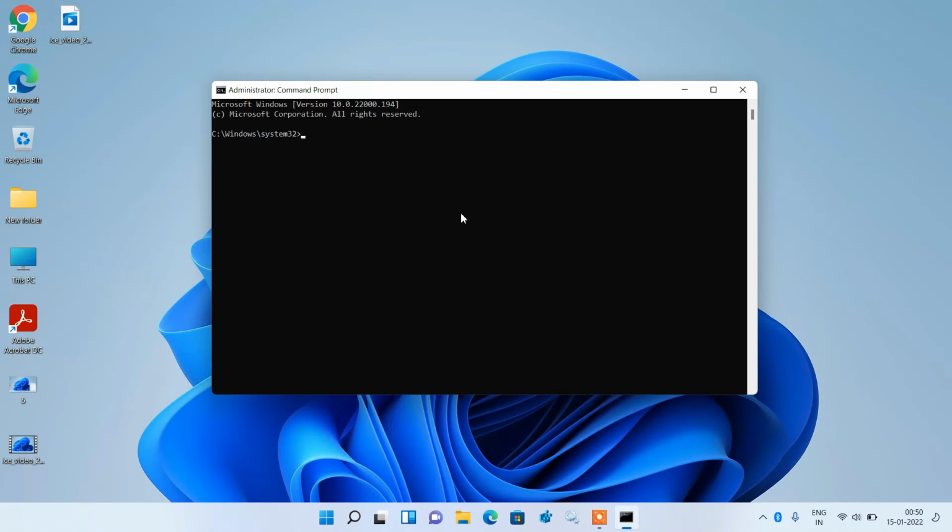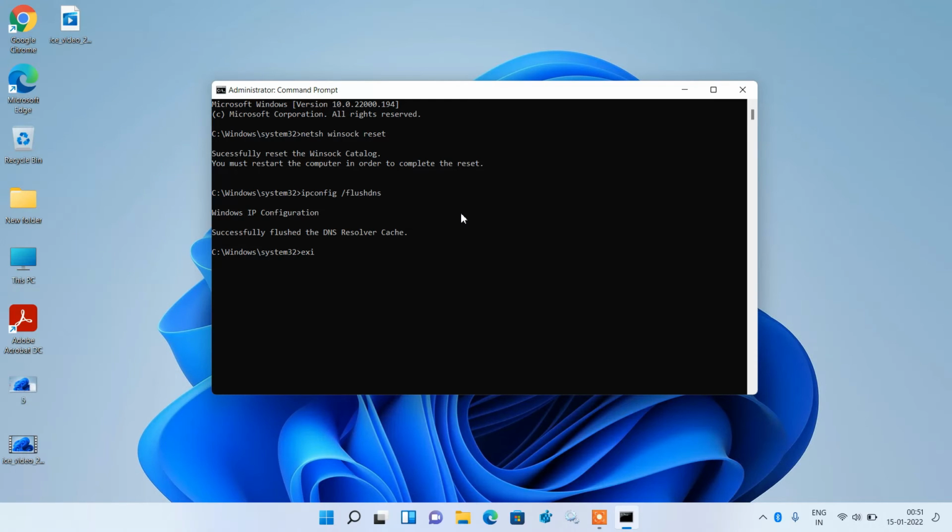The first command is netsh winsock reset, and after this hit enter. The next command is ipconfig /flushdns, and after this hit enter.